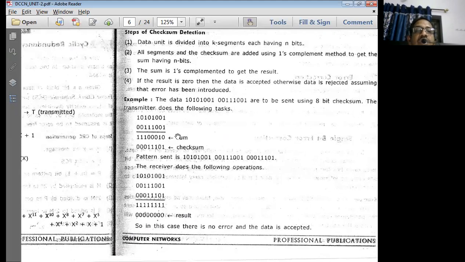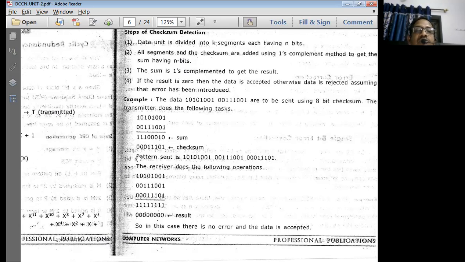First of all, these two are taken and we simply add these two. 1 plus 1, 0 with carry 1. So anyway, this is 0. 1 plus 1 is 0 with carry, 1 plus 1, 0 with carry. This is going to be 1 plus 1, 0 with carry, 0 plus 1, 1. So 1 has come over here as carry, that 1 will come over here. This is 1 as it is, 1 plus 0 is 1. So this is the sum I got.